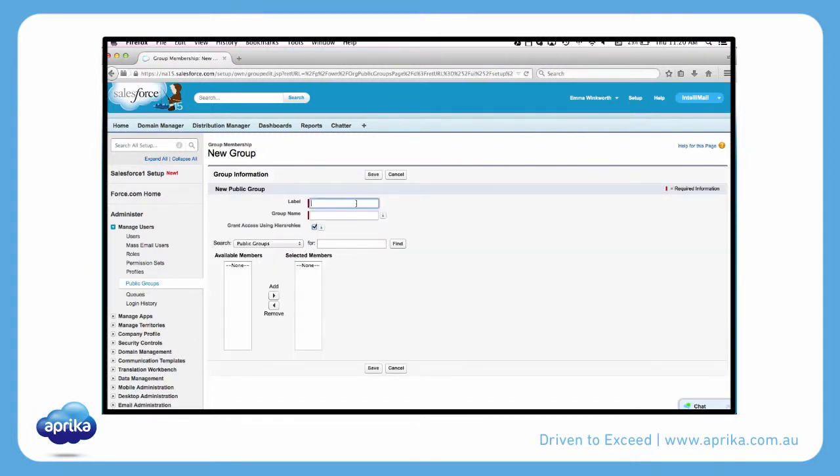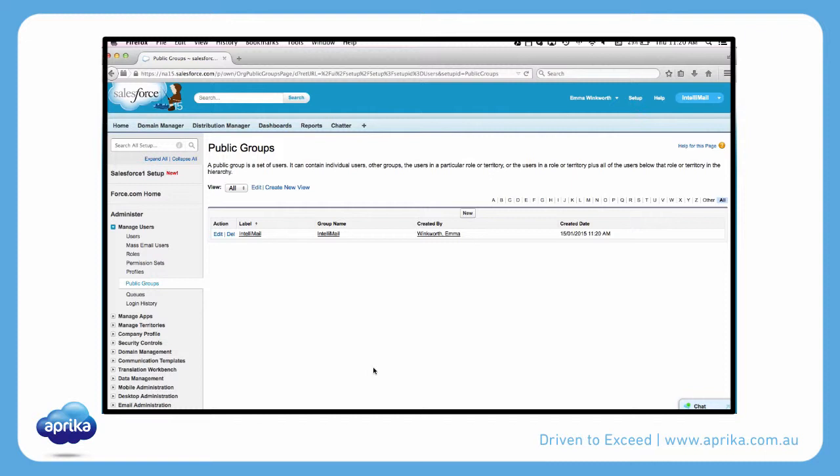Now we can give our group a name. Let's call this group IntelliMail. And then we can search for users and select and add our IntelliMail site guest user to the group, and then click the Save button. Now that we have created our group, we are able to give the group access to report folders. To do this, we need to go to the Reports tab,